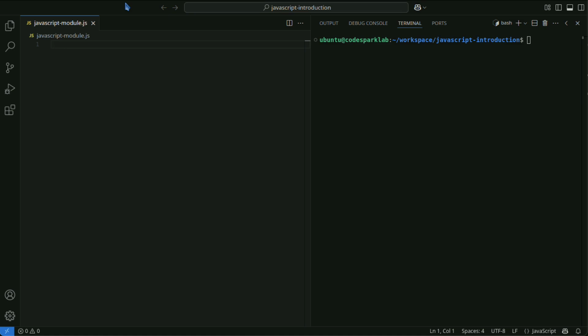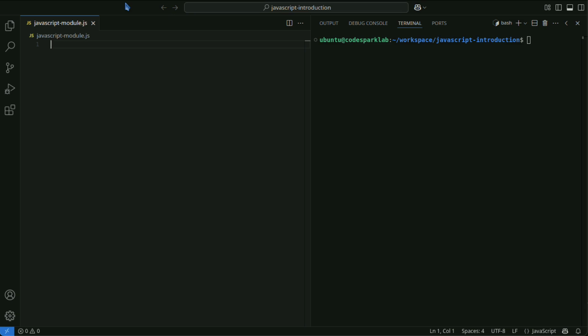There are several module systems in JavaScript. The most common ones are ES modules, ESM, and CommonJS. ES modules is a module system introduced in ECMAScript 2015, ES6, which defines modules using the import and export keywords.